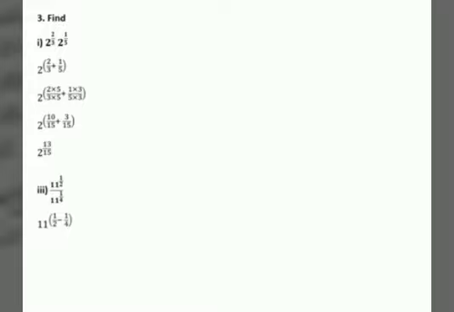Here 1 by 2 is the first fraction. We need to convert it into a like fraction, so I am going to multiply by 2 in the numerator as well as the denominator. Next one is 1 by 4. Here the denominator is already 4 only, so we multiply the numerator and denominator by 1. If I multiply, you will get 2 by 4 for the first one and 1 by 4 for the second one. Now both become like fractions. If I subtract, you will get 1 by 4. Therefore our answer is 11 power of 1 by 4.